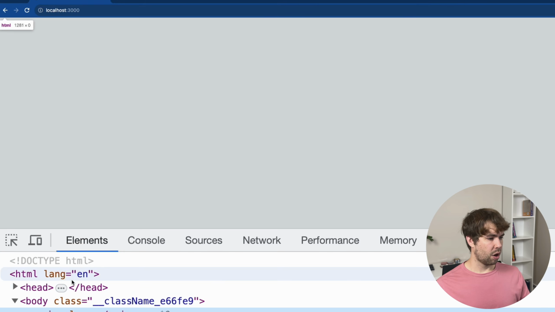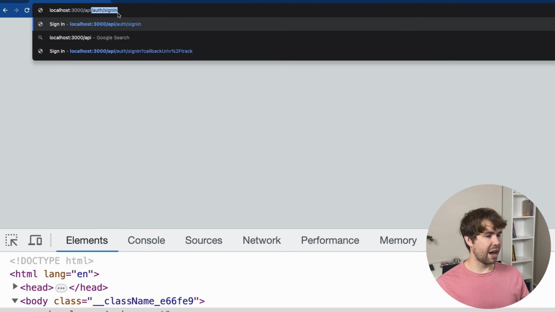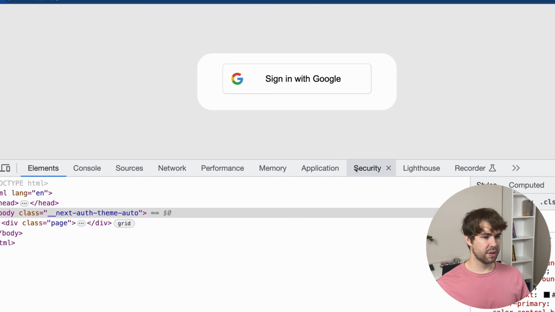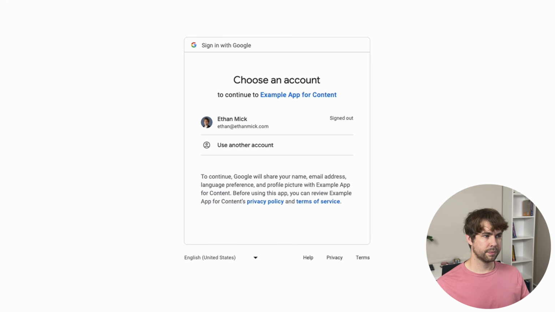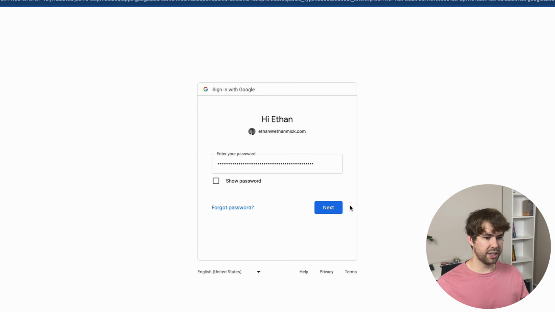Now we can test. All right, so we currently have no session, which is perfect. Now if we go to API auth sign in, it's going to bring us to the default Next-Auth sign-in page. We click sign in with Google. This is going to send us to Google as the identity provider. All right, so here we have to sign in. Because this is my developer environment, I currently don't have an account signed in, so I can go ahead and sign in. Remember, this has to be the user you set up as a test user. Sign in,